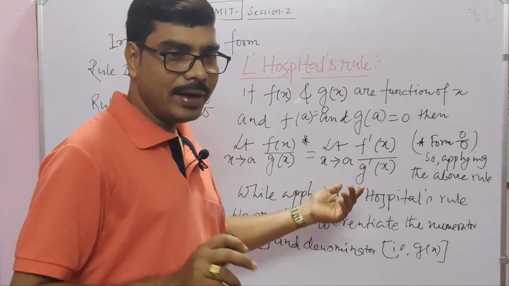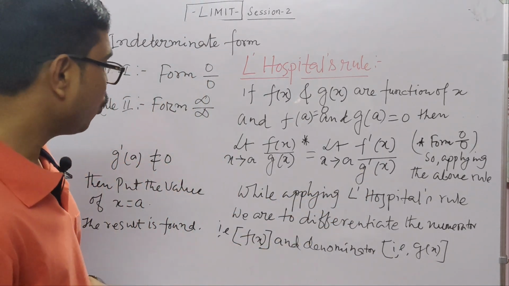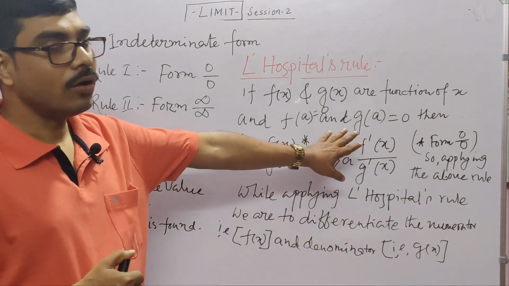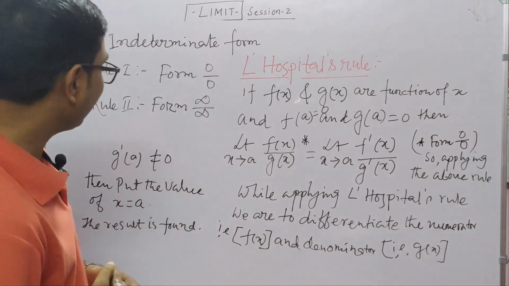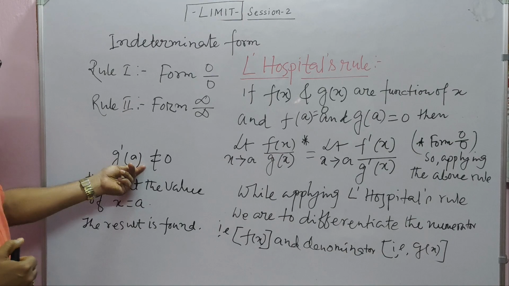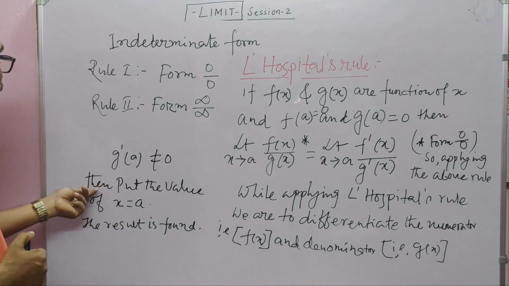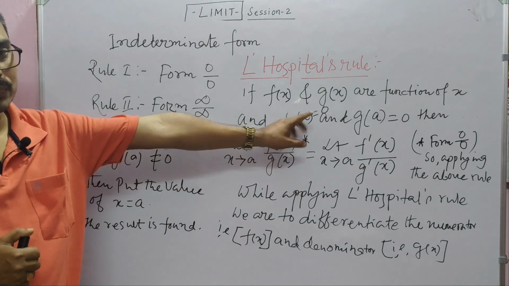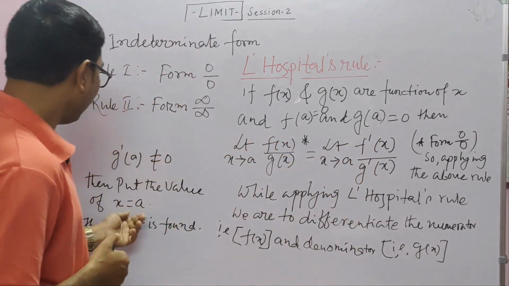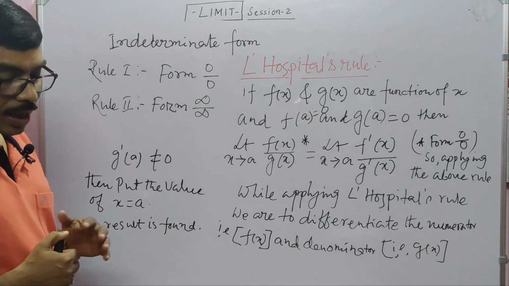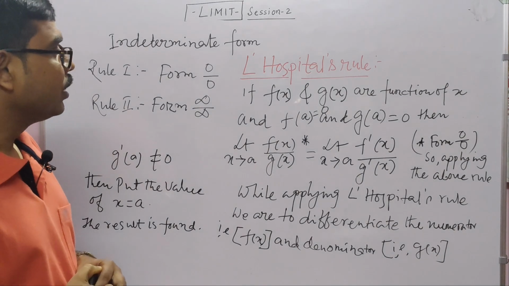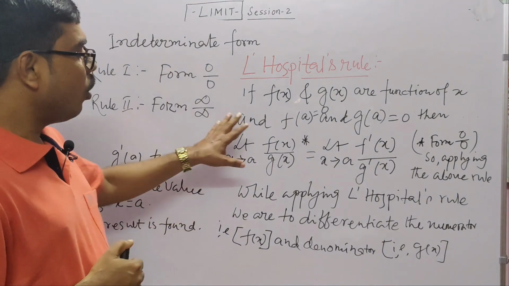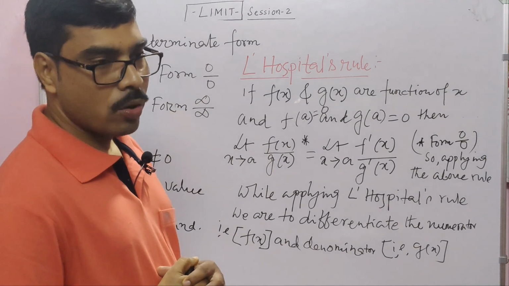যদি 0 by 0 ফর্ম থাকে, এগেন নিউমিনেটর এবং ডিনোমিনেটরকে আবার ডেরিভেটিভ ডিফারেন্সিয়েট করো, অ্যান্ড সো অন। এইভাবে প্রসেস চলতে থাকবে যতক্ষণ না ইনডিটারমিনেট ফর্ম আউট হয়। যখন ইনডিটারমিনেট ফর্ম আউট হয়ে যাবে, দ্যাট ইজ জি অফ এ ইজ নট ইকুয়াল টু 0 হয়ে যাবে, তখন পুট করো এক্স এর ভ্যালু এ, এফ জো ফাংশন আসবে সেই জায়গায় পুট করো এক্স এর জায়গায় এ, যে রেজাল্ট আসবে সেটি হচ্ছে এই লিমিটের জন্য অ্যান্সার বা রেজাল্ট। এখন আমরা এই L'Hopital's রুলসের কিছু প্রশ্নের উত্তর